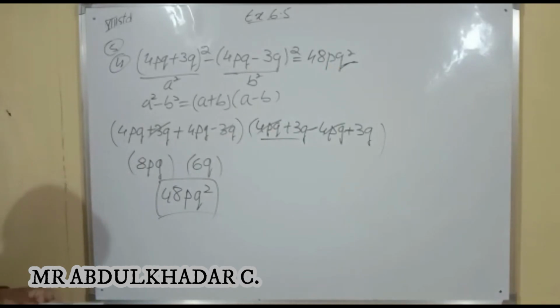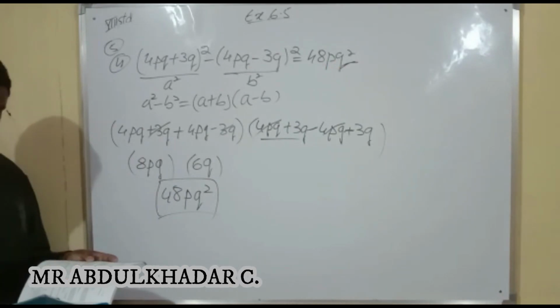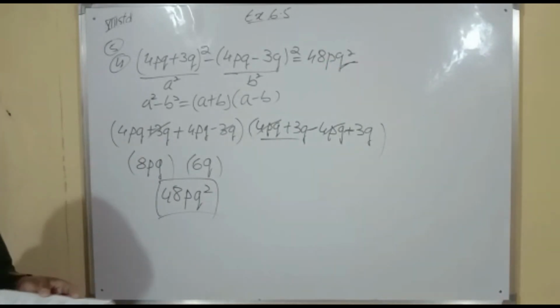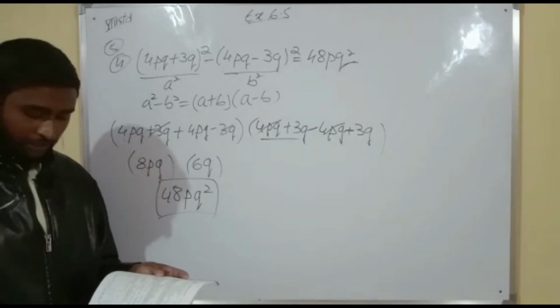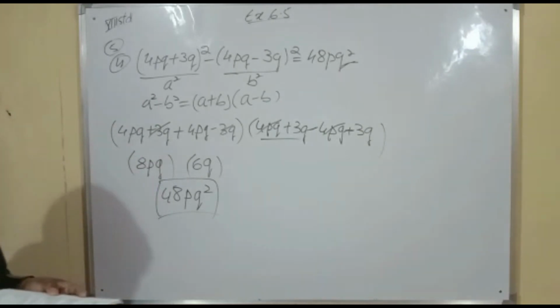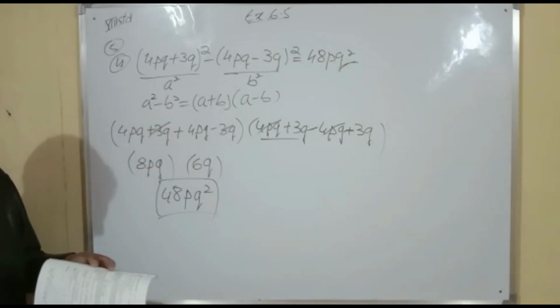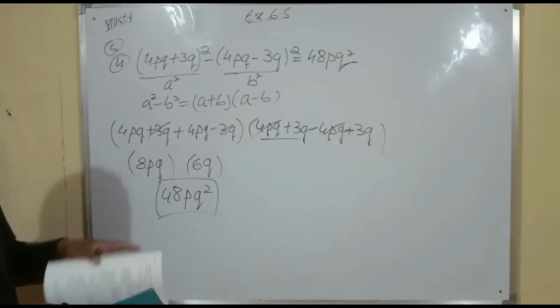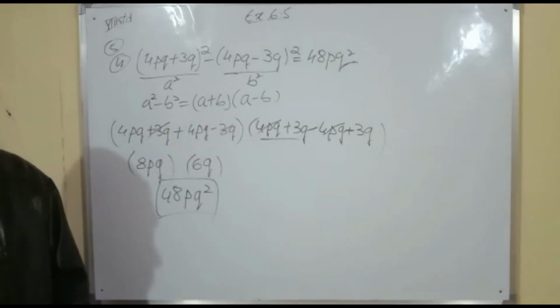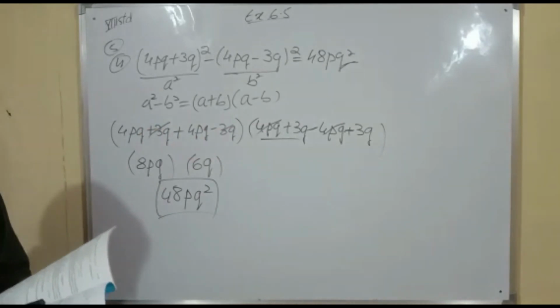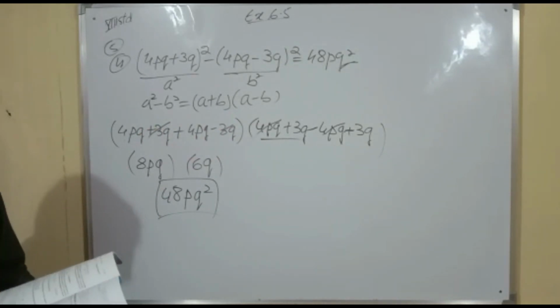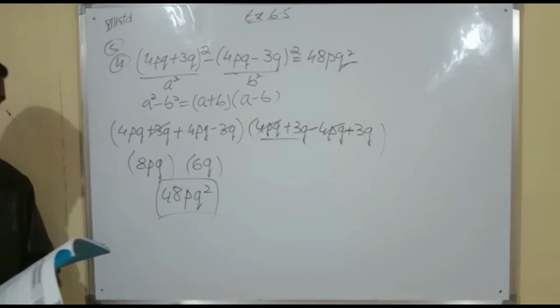The second and the last one are very easy. The second one follows the first sum, the same pattern. The fifth one is in the same form, a square minus b square. Using this standard identity, in the fifth one you will get the answer as 0. In the next class we will go for the sixth one.